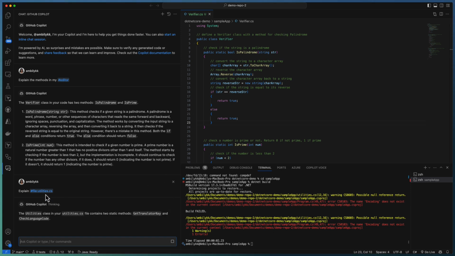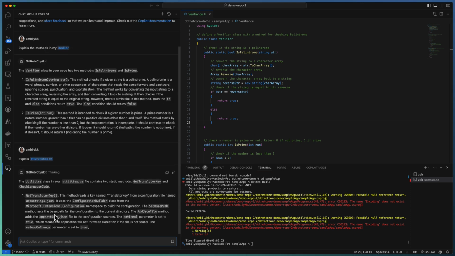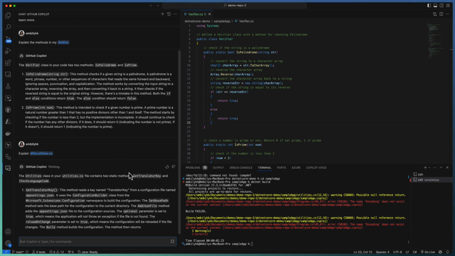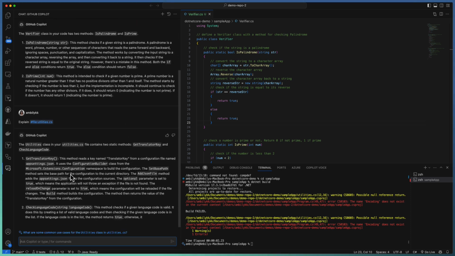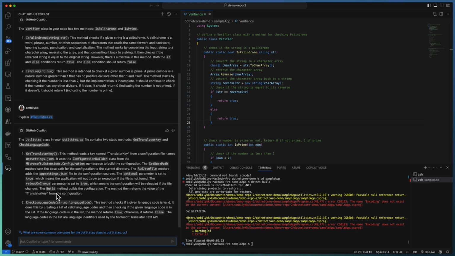The utility.cs file, the details are coming up here. It's identified the class and the methods. There are two static methods defined in that class. The details are populated here. What is the function of